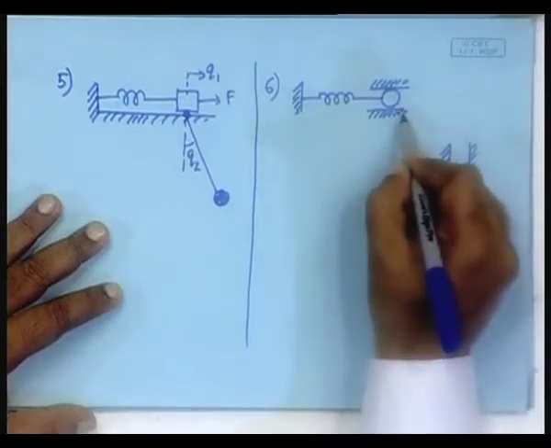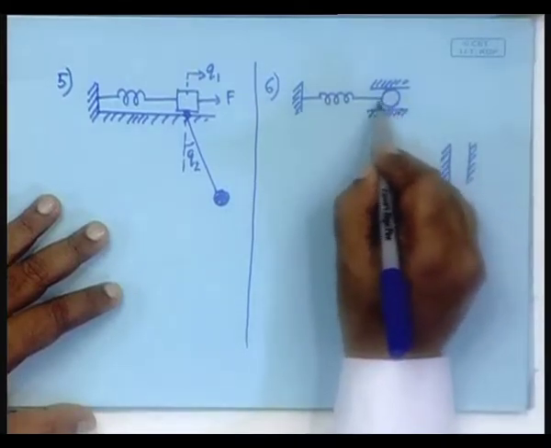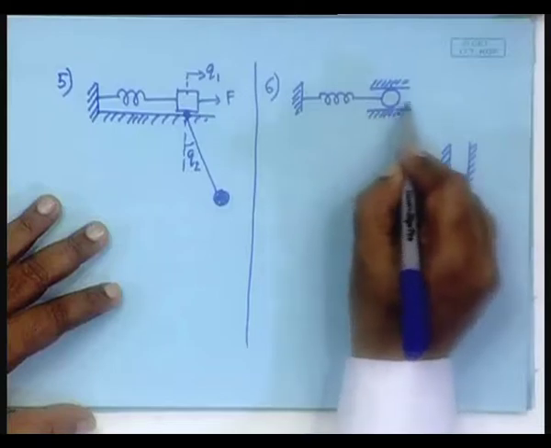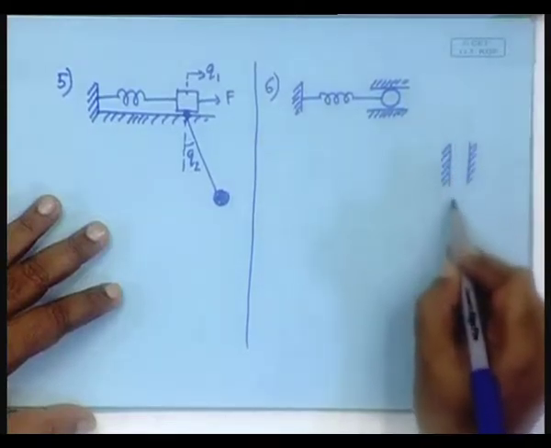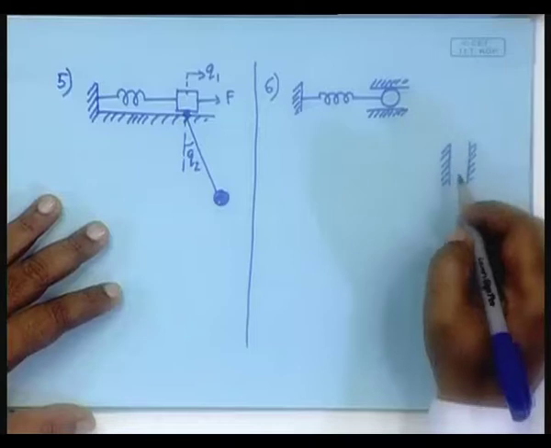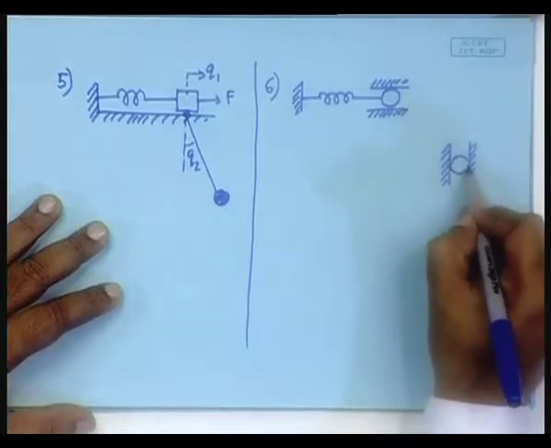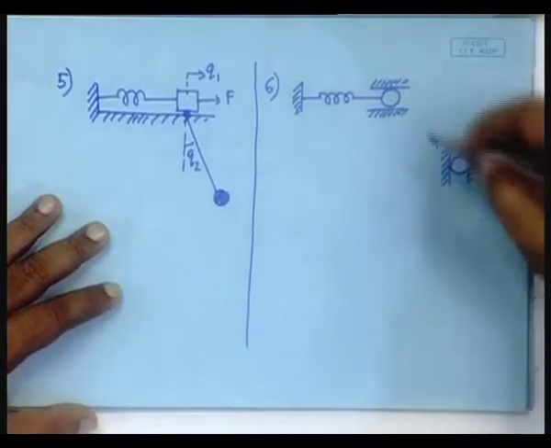So, there is a guide here which forces this thing to move this way only, and there is another guide which forces this thing to move this way only. Okay. And suppose there is another wheel, and these two fellows are connected by